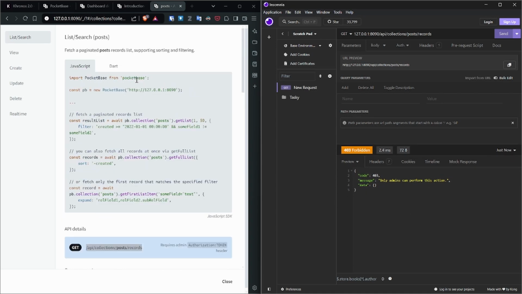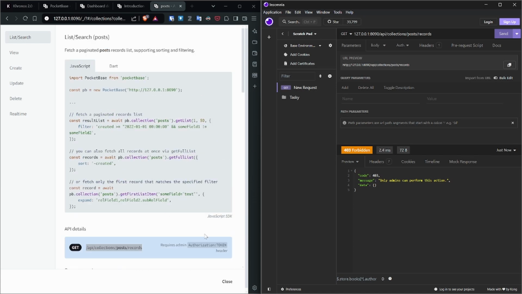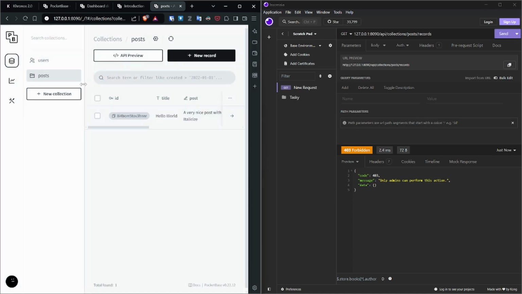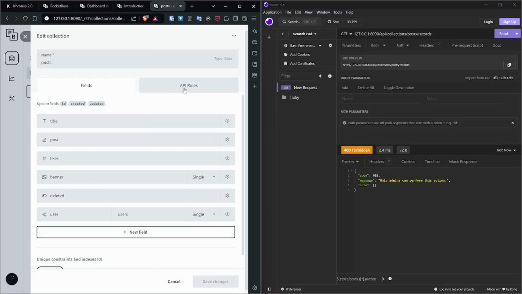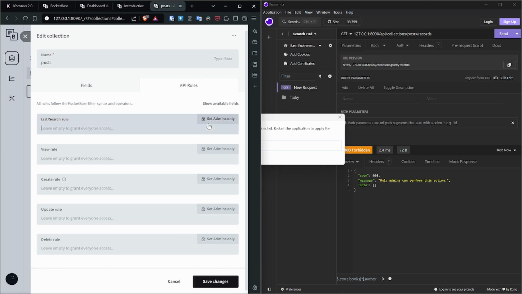Reason being is that when you are making, let's close this first. Let's come back to once you're in your collections, posts. There's a gear icon here. You can edit your collection. Come to API rules. Under API rules, you look at this list of rules, and it says that it's actually admins only because you have not unlocked it. But if you click here,